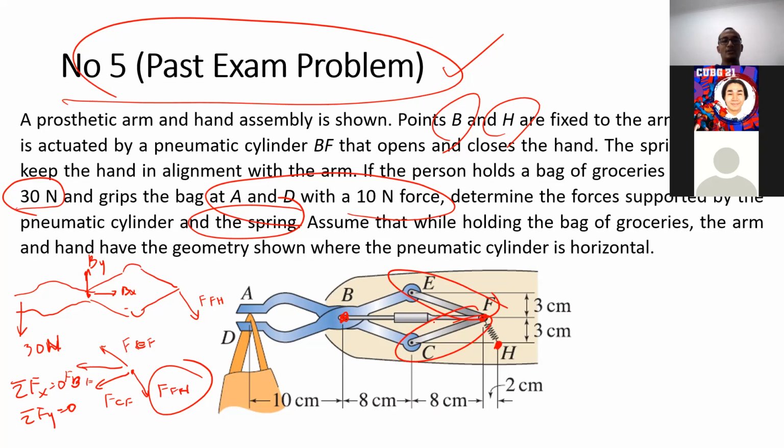Oke, nah sekarang kita coba lihat. Kamu mau yang diagram benda bebas yang mana nih? EF aja. EF, oke, kita coba selesaikan yang EF. EF itu tersambung ke DBE, bukan? Iya. Oke, nah sekarang kita coba lihat diagram benda bebas dari si DBE. Ya, kira-kira seperti ini ya, walaupun gambar saya agak jelek. Oke, di situ ada